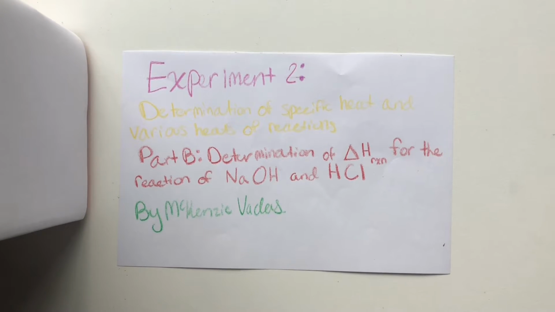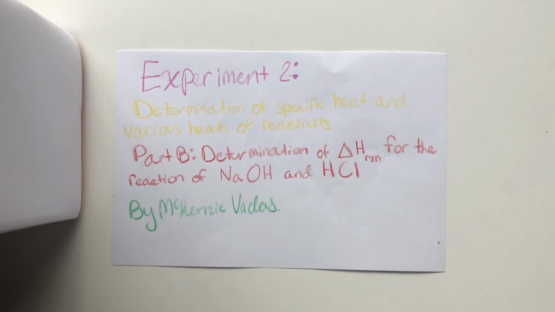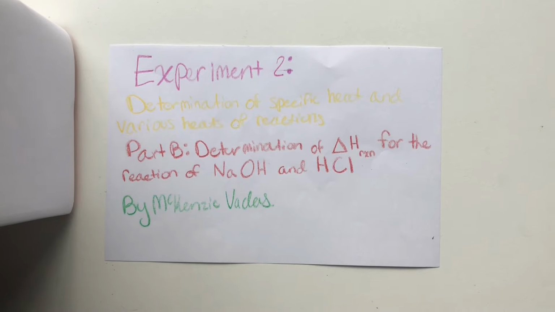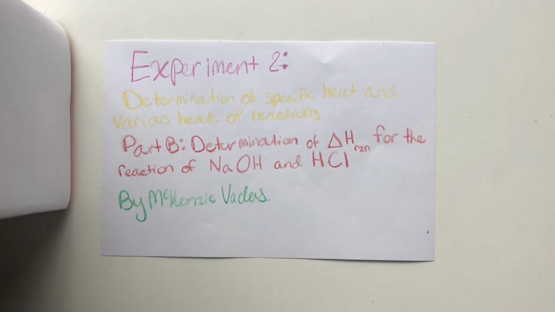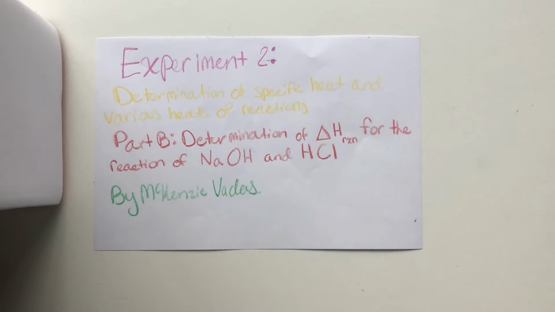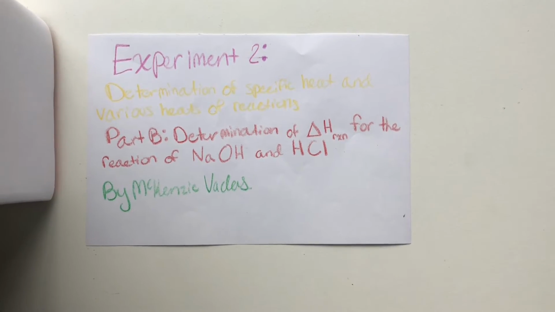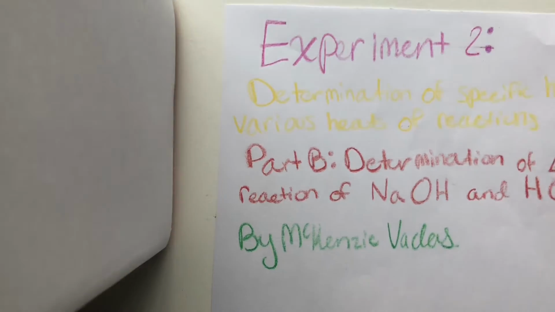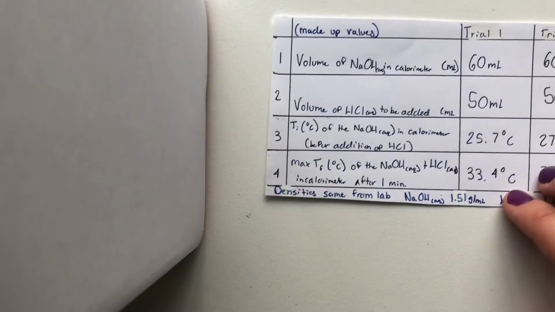Good morning. My name is Mackenzie Vedas, and for my lab experiment 2, determination of specific heat and various heats of reactions, I will be focusing on Part B, determination of delta H RxN for the reaction of NaOH and HCl. So the first thing we're going to do is take a look at some values that I have made